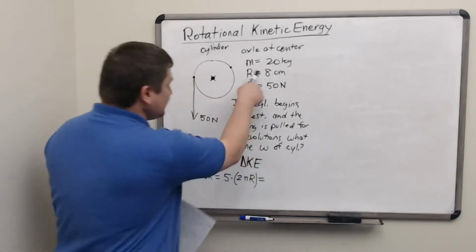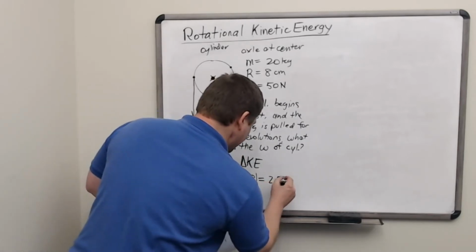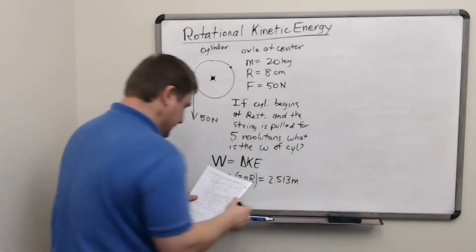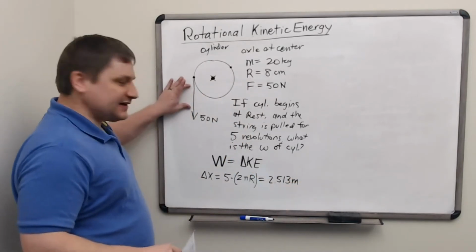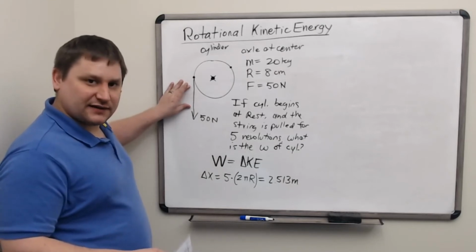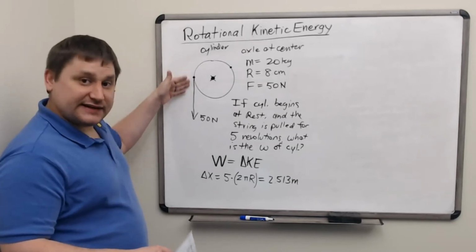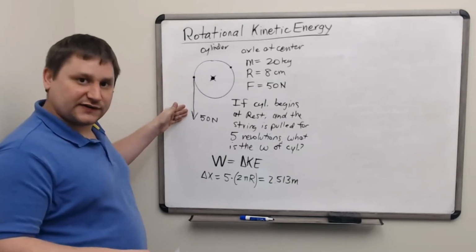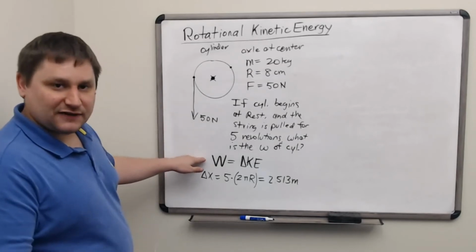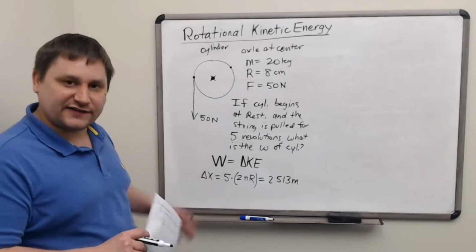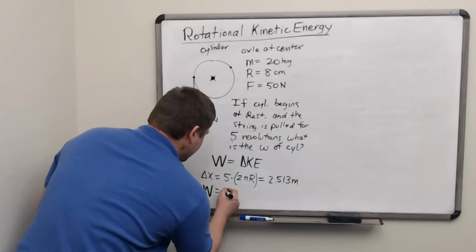If we plug in a radius of 8 centimeters, this comes out to 2.513 meters. That displacement is the displacement of a point on the string. If the string is pulled out, that displacement would be in the downwards direction, parallel to the force. So for calculating this work, I'm allowed to simply multiply this force by the displacement because they're in the same direction. So W, work, will be the 50 Newton force